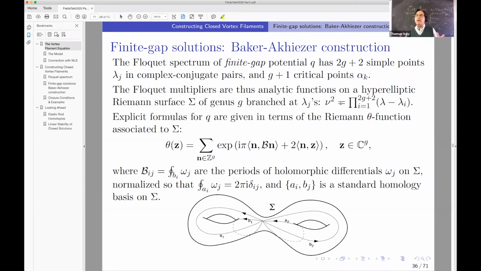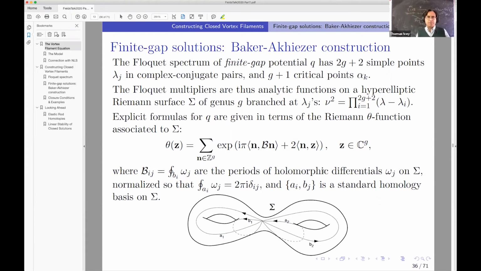Now, there are some natural functions associated with such Riemann surfaces. One of them is the Riemann theta function, which is expressed as an infinite sum over an integer lattice in G-dimensional integer space. This is a rapidly converging series, so it's very good for numerics. And the coefficient here, this script b, is made up of the periods of certain holomorphic differentials